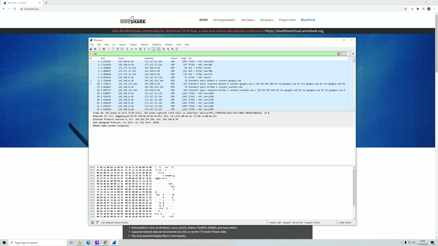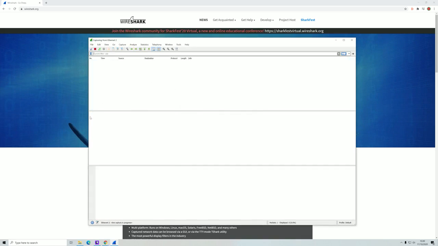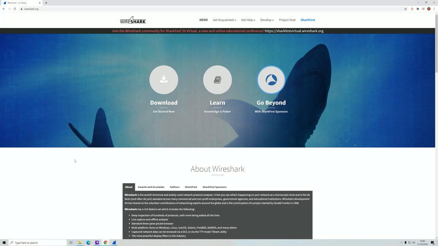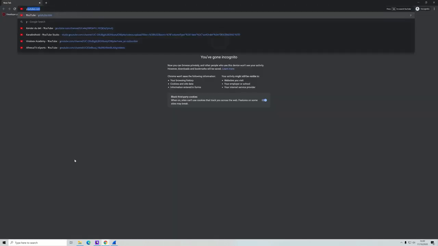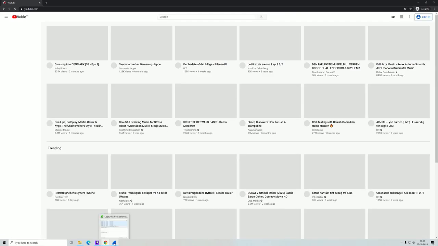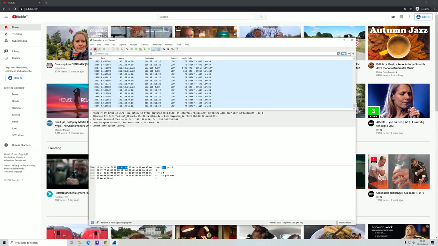If you are interested in packets going to a certain website, and you know that it will contain a certain word, let's see, if we start capturing here, I will try to navigate to YouTube and find the packet afterwards containing the word YouTube. So we will start capture here, continue without saving. Then I will go into my browser, into a new window, type YouTube, and if I then go back here and stop this capturing,